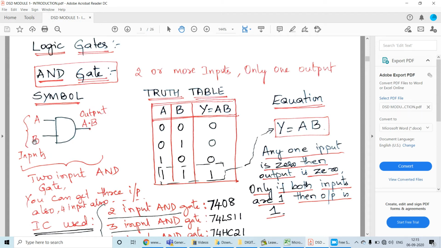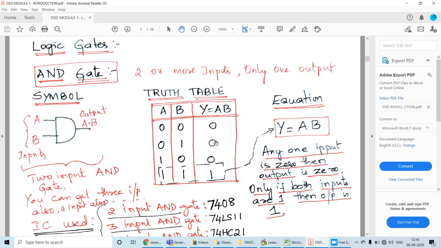It can be more than two inputs here. What you can see here is the two input AND gate, but you will have more than two input AND gates also, but the output is always one output for an AND gate. The output is always one terminal. Two input terminals here and one output terminal. So this is the two input AND gate.